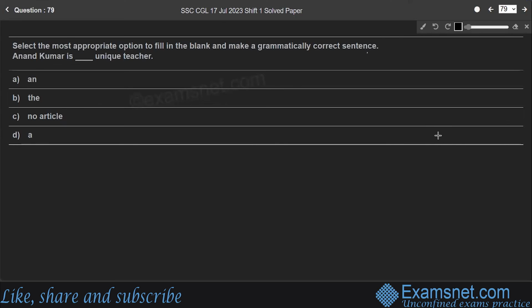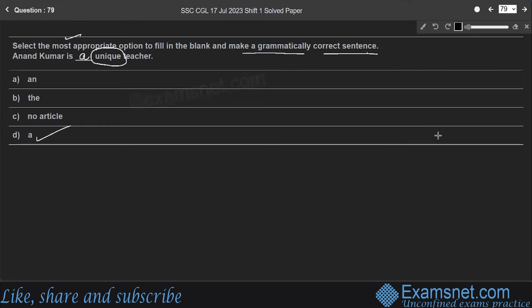Question 79. Select the most appropriate option to fill in the blank and make a grammatically correct sentence. Anand Kumar is dash unique teacher. Here the proper article is a. Option D is the right answer. Anand Kumar is a unique teacher, right? Generally article a is used with consonants, whereas an is used with vowels. Though the word unique starts with vowel U,